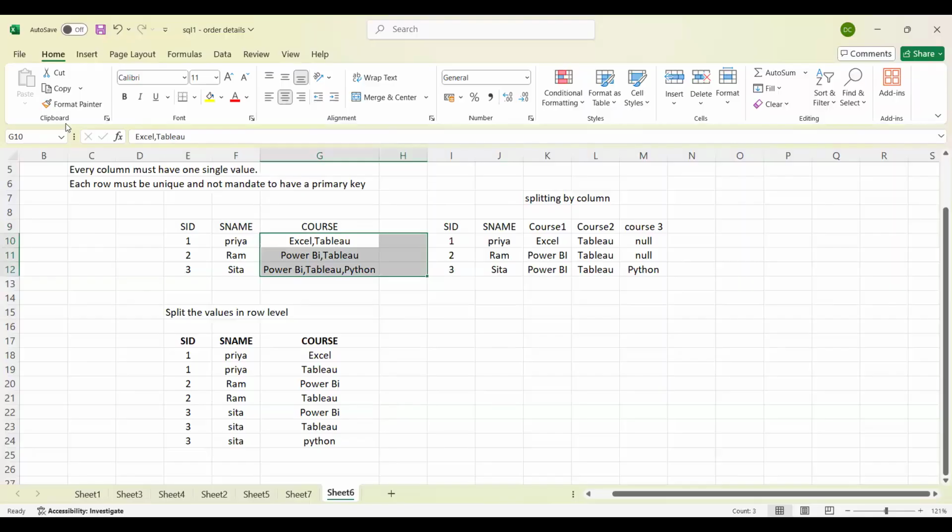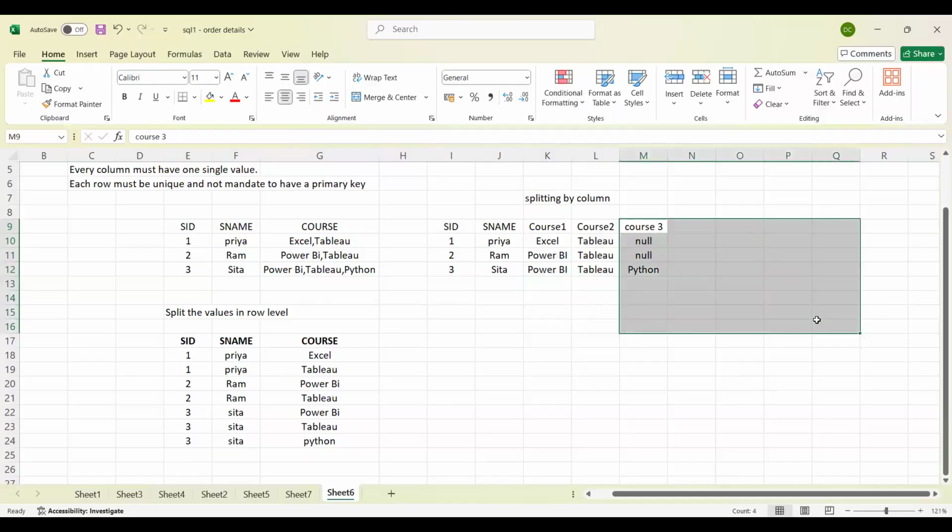To satisfy that rule, there are two ways. I can split that data by column. If I split the data by column, I will get it like this. I need to split it column-wise. In Course 1, I keep the first values. In Course 2, I keep the second values, like that. If I have 3, 4, 5 values, I need to keep on adding new columns here. But again, as I said, if I have 4 here,